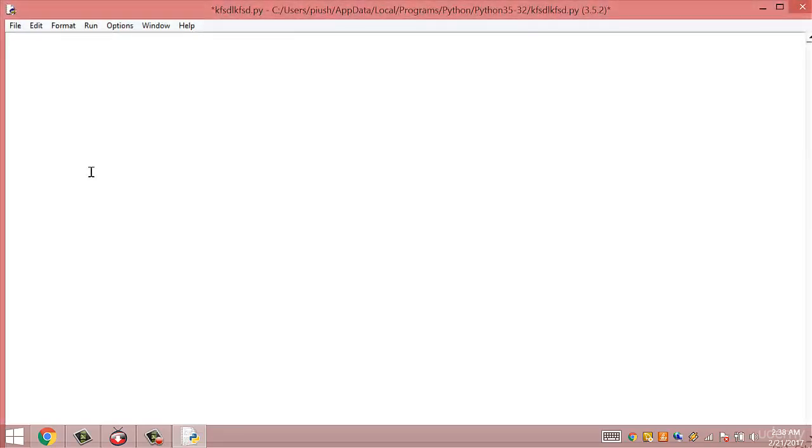Now I'm going to explain how to use a function. Functions in Python are defined using the keyword def, and after the keyword we write the name of the function with parentheses. So here I write the name of the function with parentheses, and after that I put a colon to get inside